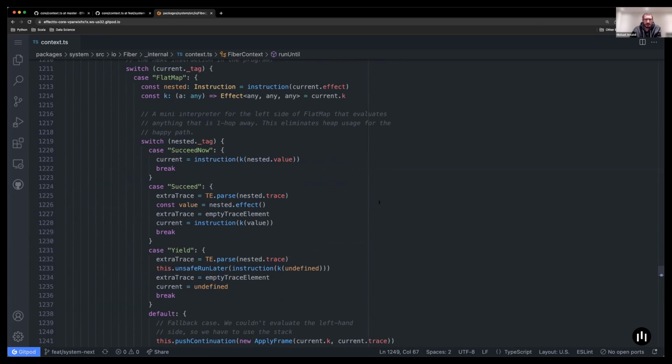Okay, so here you see, for example, in line 1225, this line has a t.parse nested.trace. Here we are parsing the trace, which is a string, to a more complex structure. Removing this line, or actually improving this line, removing the parsing at all, will be probably a 10% improvement on speed,